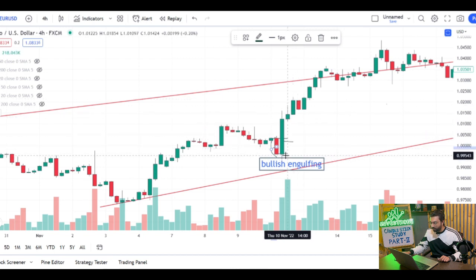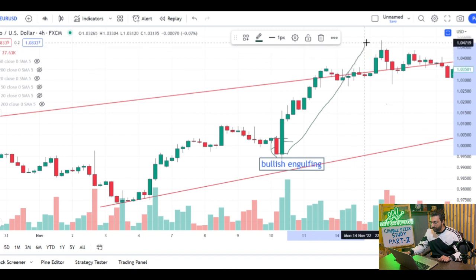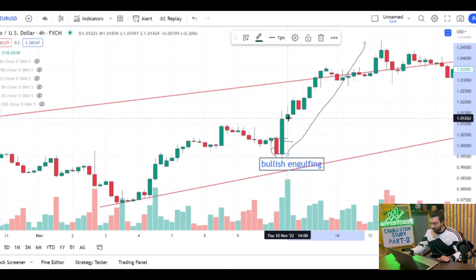Now you can see after this formation of the bullish engulfing candle, just see the trend. The market is going up from here. So how do we have to trade this? When you see the formation of the bullish engulfing candle, you will wait for the next candle. If the next candle is also a bullish candle, then you can take a buy entry from this point